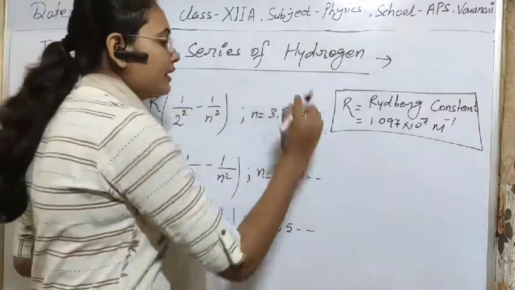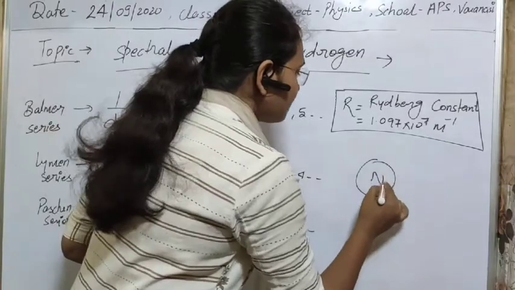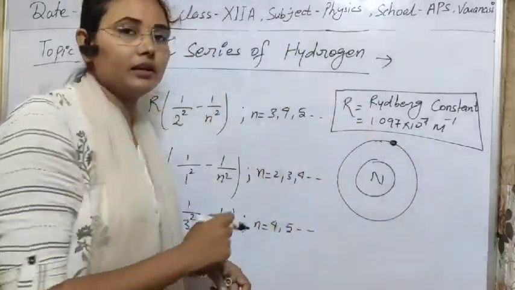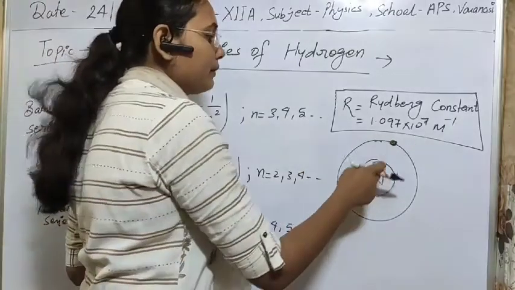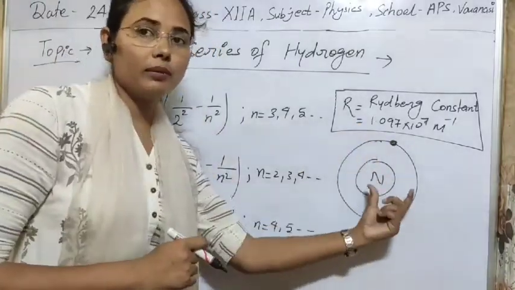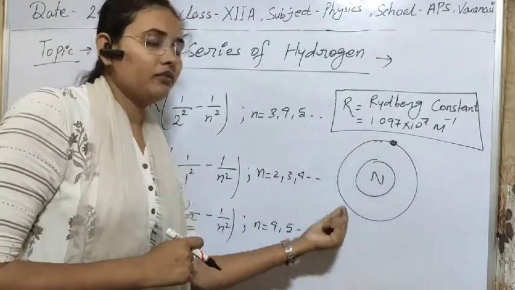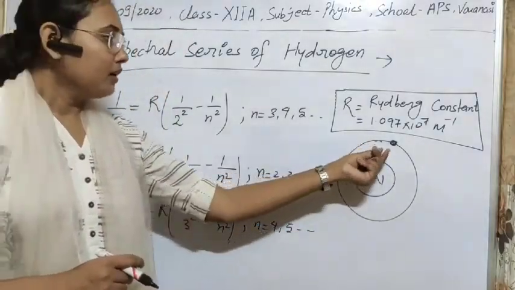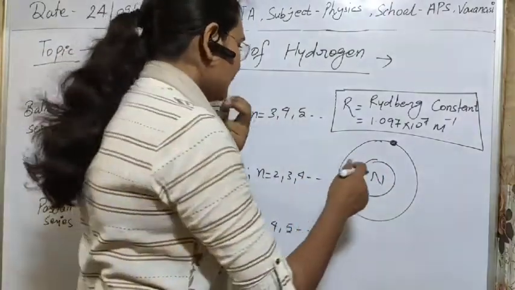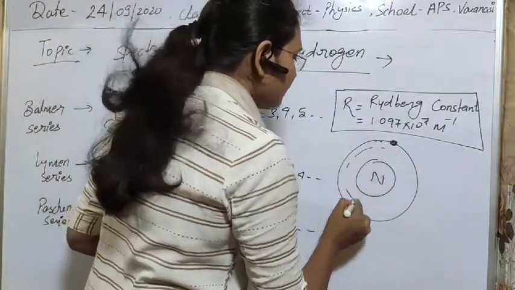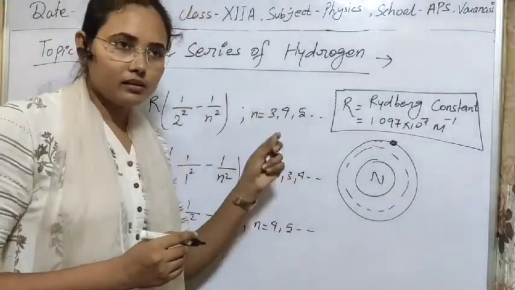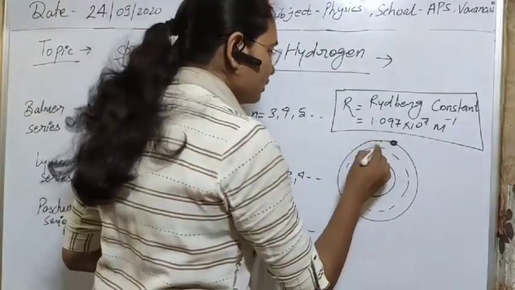So firstly, in the case of hydrogen, as you know, there is an electron revolving around the nucleus, and this electron will feel attraction. We can easily calculate the energy of this electron, the kinetic energy, potential energy, or total energy. According to the Rutherford model, there can be so many circular orbits.